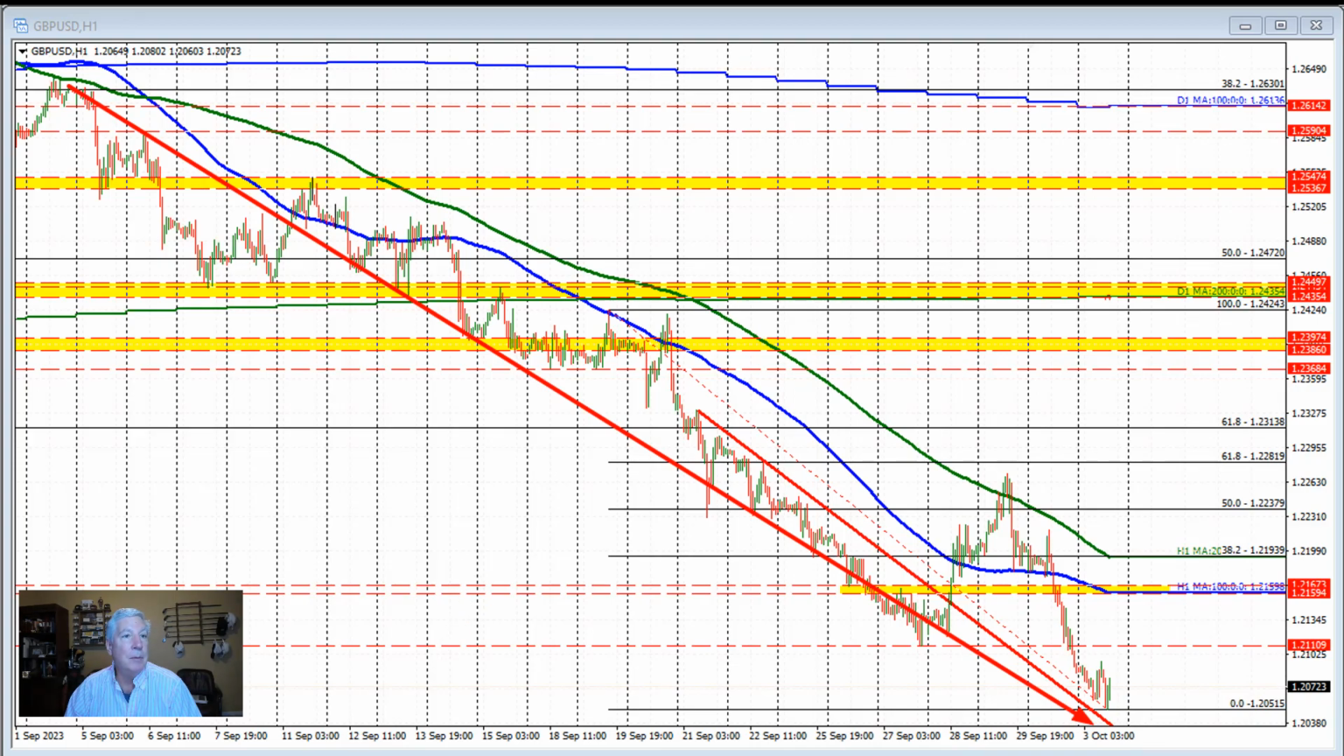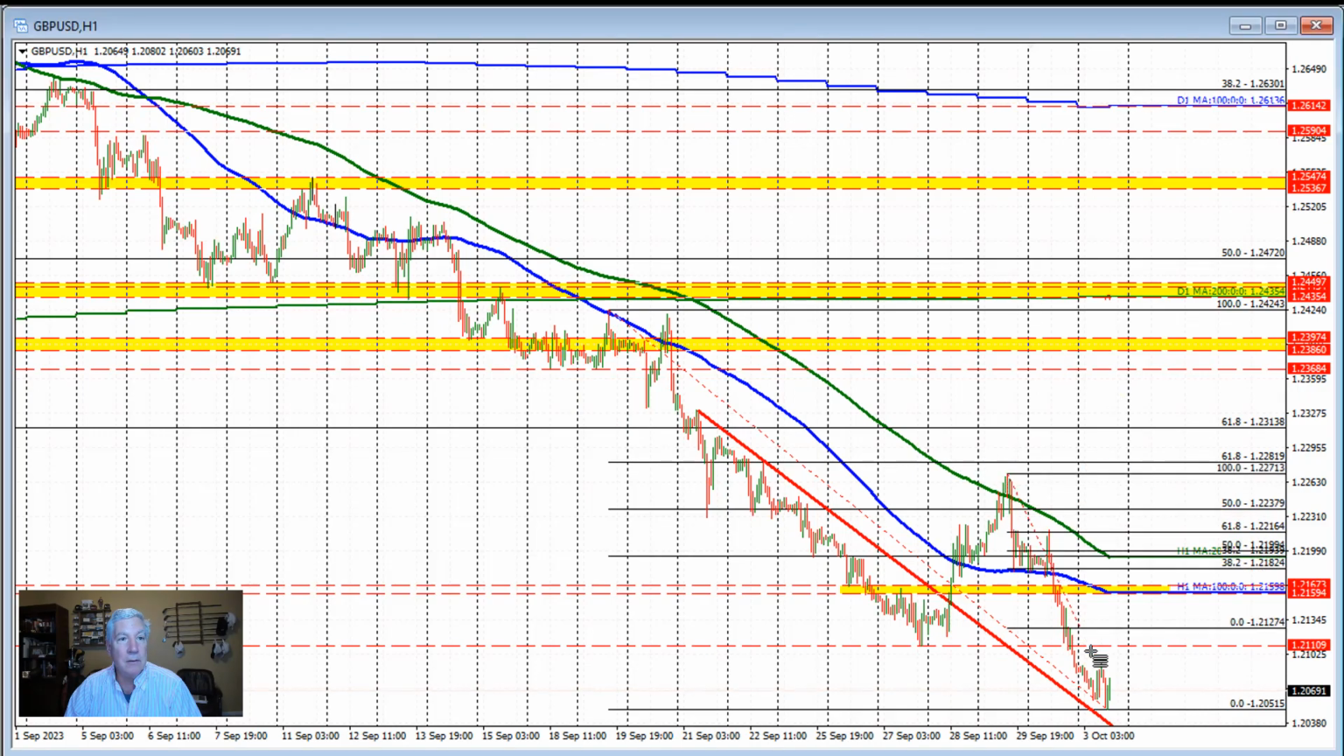I might put a Fibonacci retracement from this high right here to the low. This is the most recent high to this low, and 38.2 comes in at 1.2135. It's been pretty steady selling here. We need to get above that level. Also need to get above the low price from last week's trade,